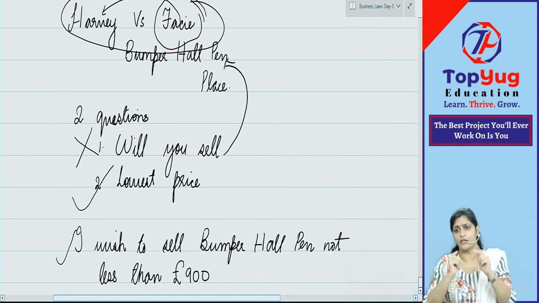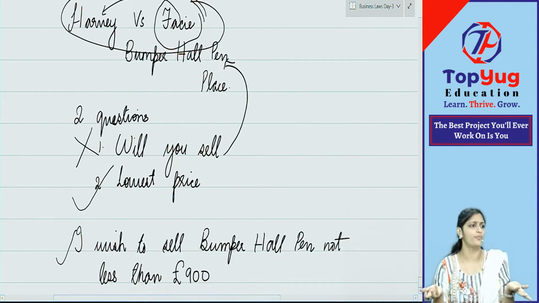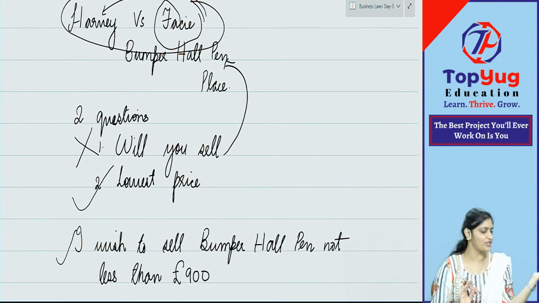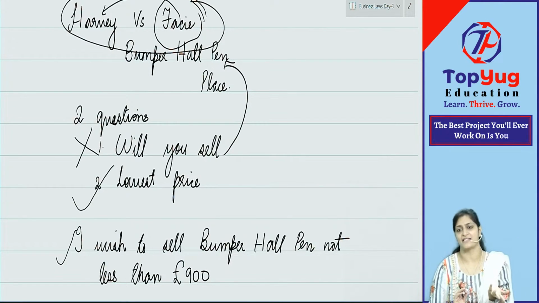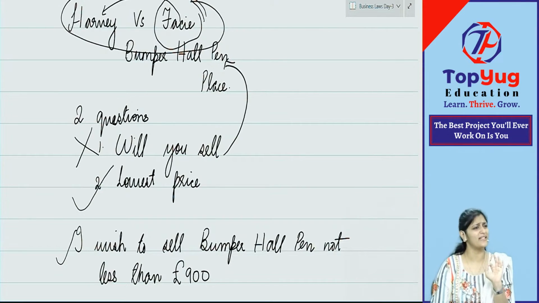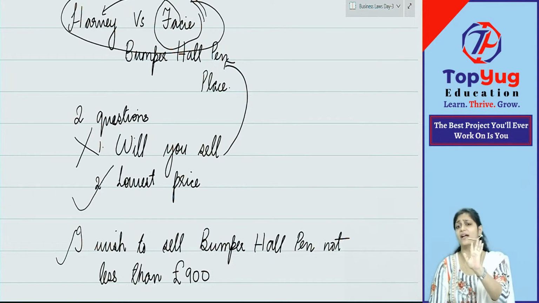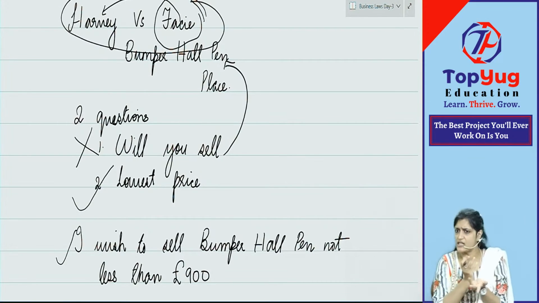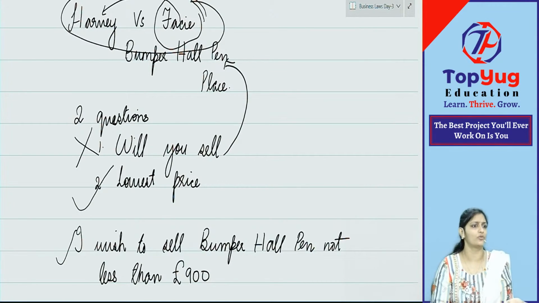Was my intention to get into a contract with you? No. Therefore, here law is saying that offer should be distinguished from a mere answer to a question. Answer to a question will not make acceptance, will not make it a contract. Always, what is to be seen here, the intention behind the parties. What is his intention? Does he want to actually sell? Does he want to actually enter into contract with the other person? Here he does not. He is not intending to do that.